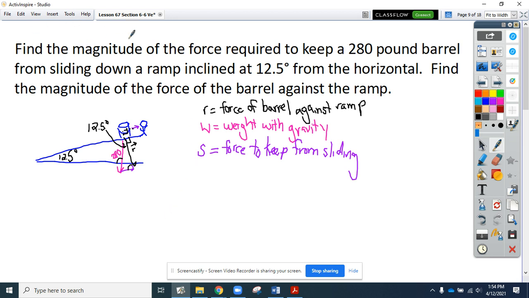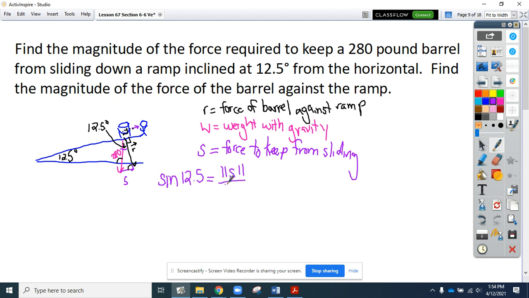It says find the magnitude of the force required to keep it from sliding. So I'm trying to find purple. Can I find the purple vector if I know that angle and that it's a right triangle? Yeah, of course I can, right? If that's my angle, if that's theta, I'm talking about the opposite, and I have the hypotenuse. That's just sine. So sine of 12.5 is the magnitude of my vector